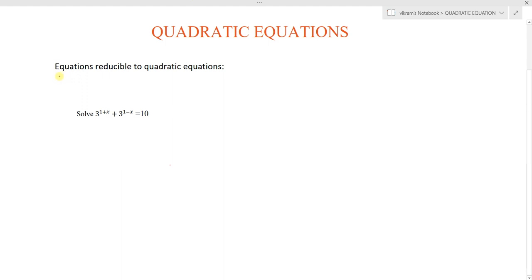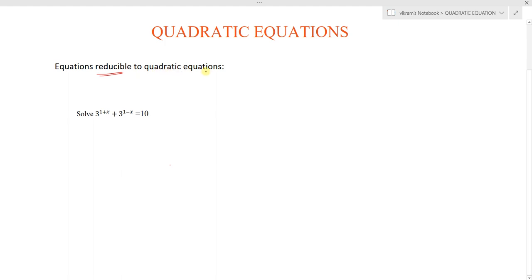In the previous lecture, we learned the basics of quadratic equations: how to find the roots of a given quadratic equation, how to form a quadratic equation if the roots are given, how to find the common root if two quadratic equations share one, and we solved different types of problems. Now in this lecture we are going to solve a few special types of equations